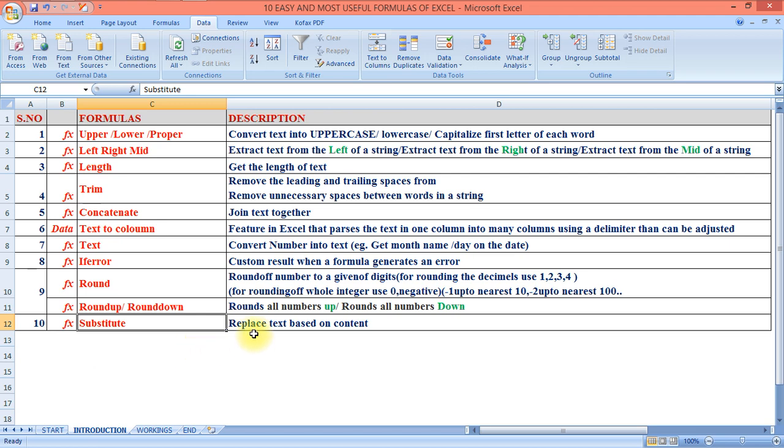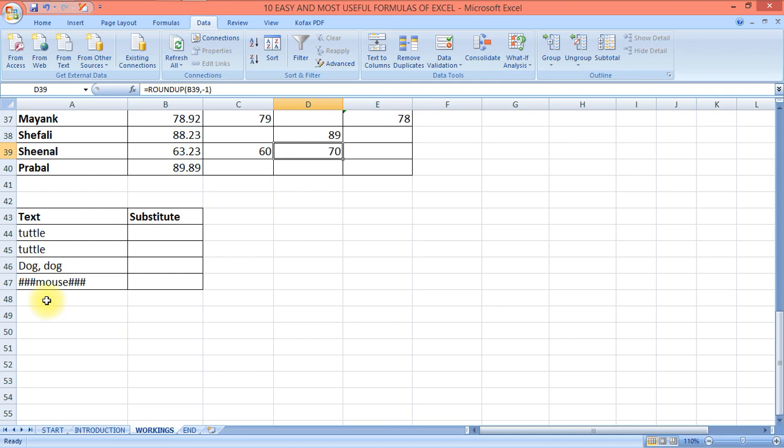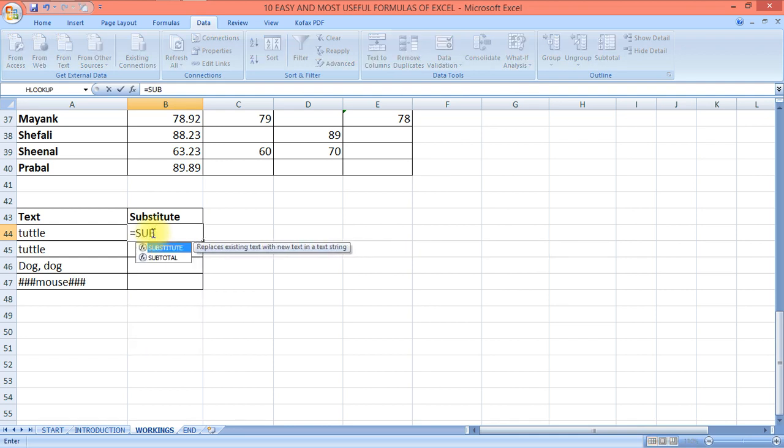Now the last one is substitute. Substitute is to replace text based on your content. Let's see. Now this is turtle and I want to substitute the t's with b's. How will I do it? I'll do equals to substitute. Now what does it say? Select the text first, comma, the old text, the text which you want to convert. I want to convert in inverted commas.